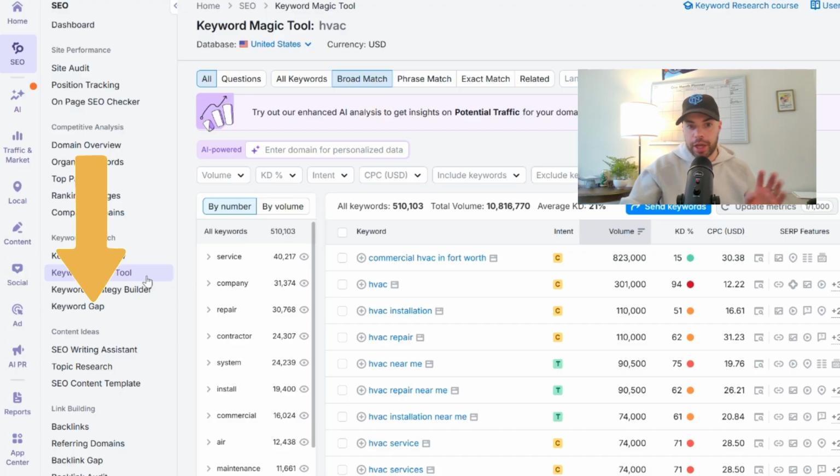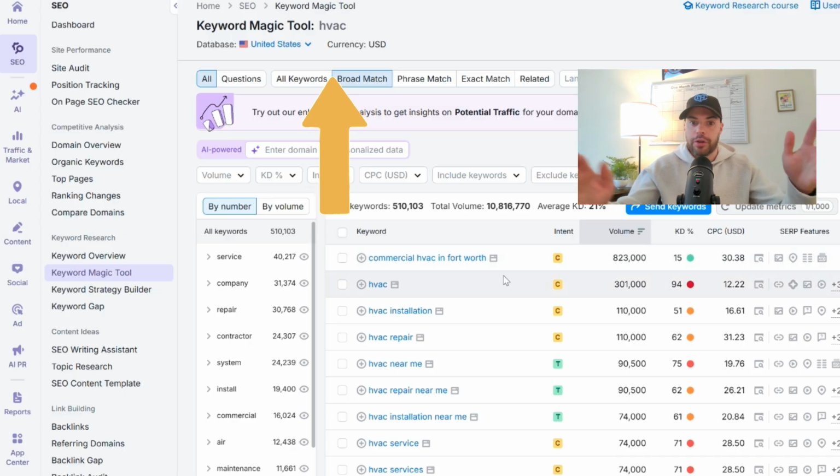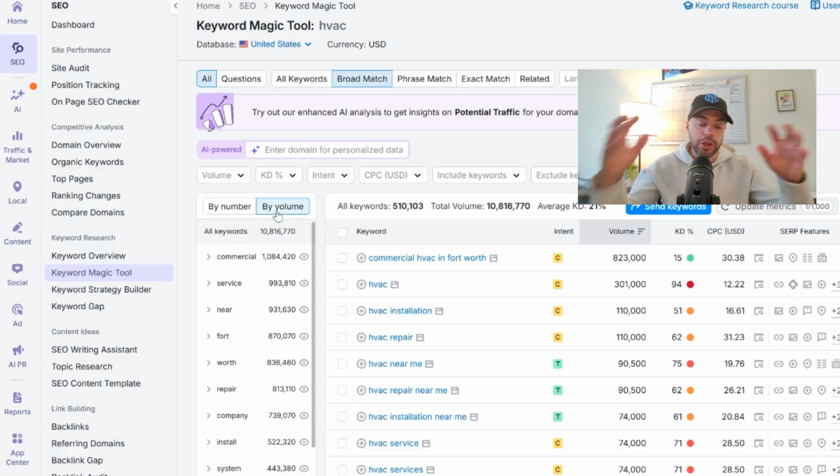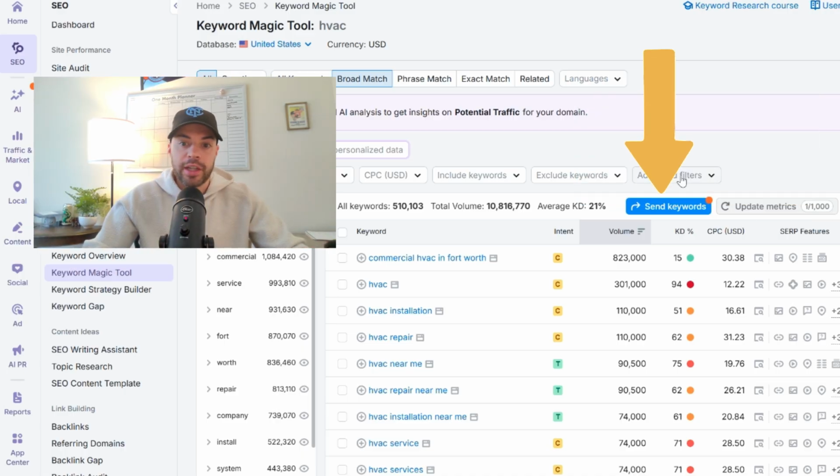So I'm in the keyword magic tool, and the keyword that I'm using is HVAC. Now, when you do this by default, you're going to get all the information over here. On the left-hand side, you have by number and also by volume. You can toggle those two together, but what I like to really do is go into the advanced filter section